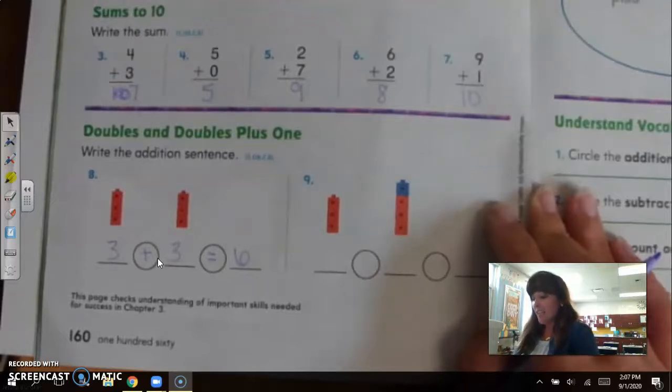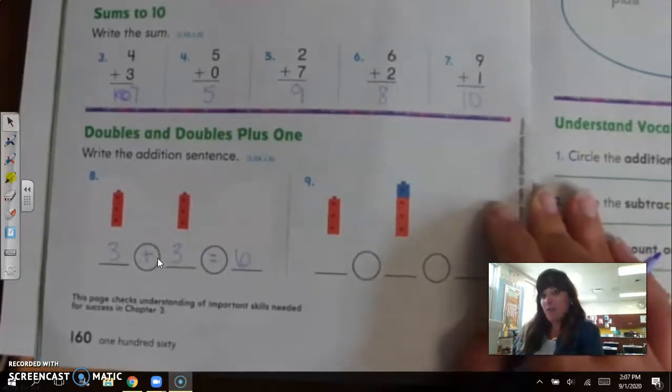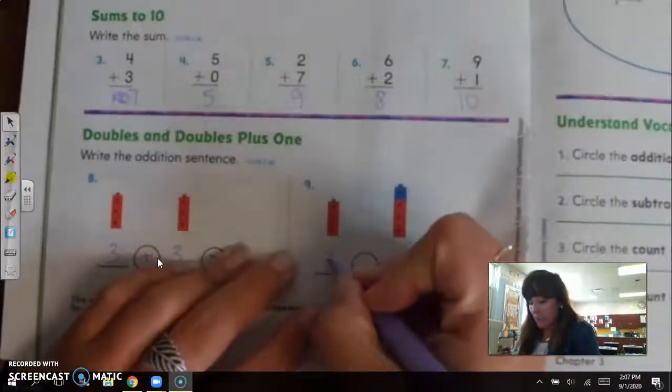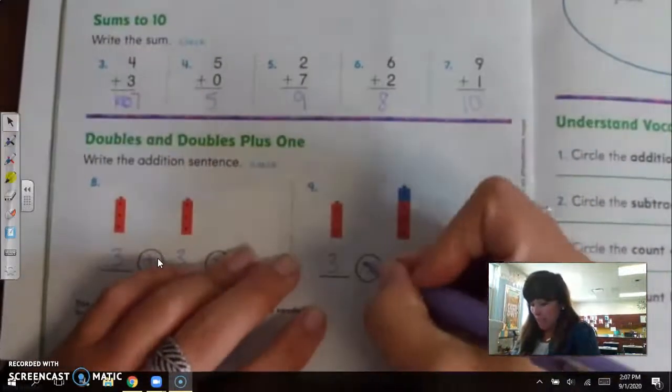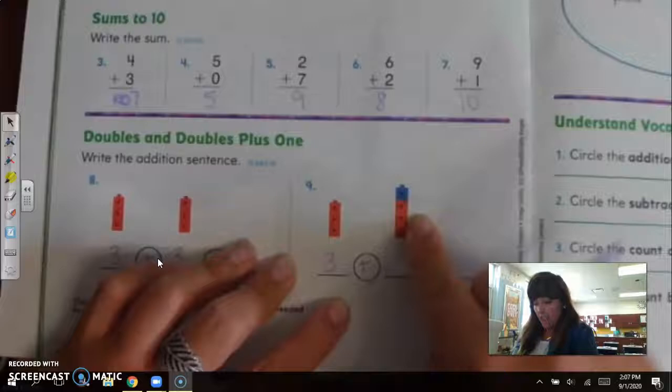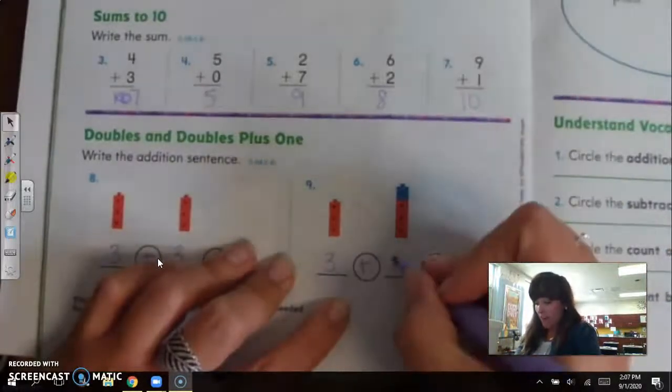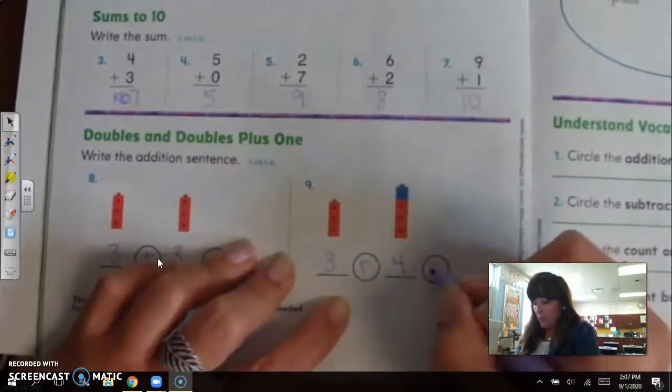Just a few more seconds. Hopefully you're getting it. And there are 3 blocks here, so we'll put 3 plus, and then here there's 1, 2, 3. Oop, there's another blue block there, so we have 4